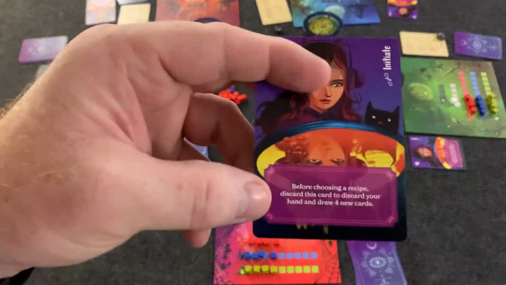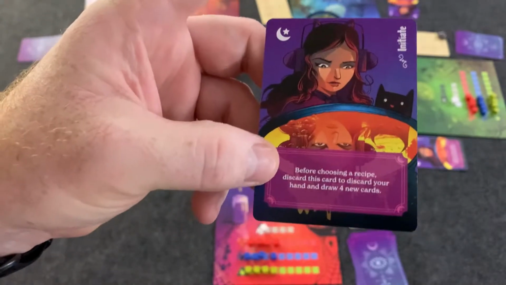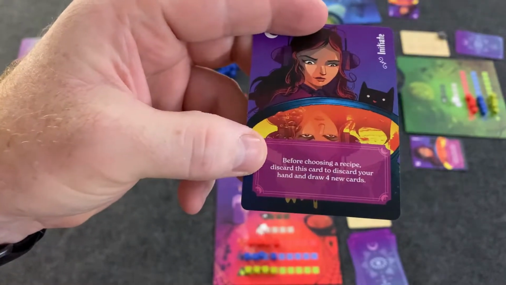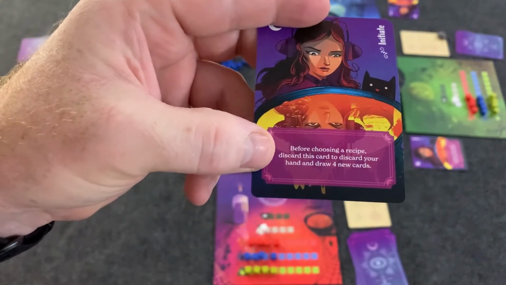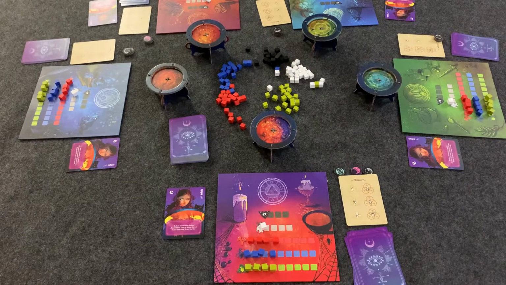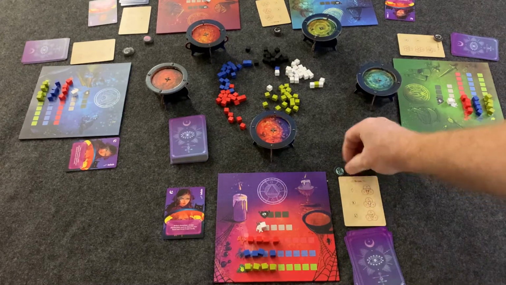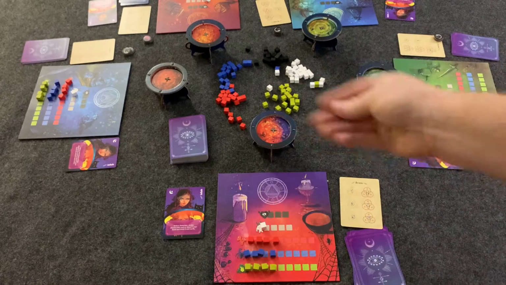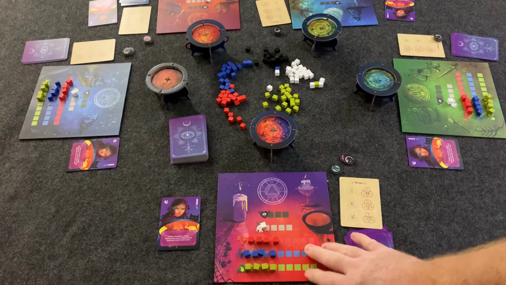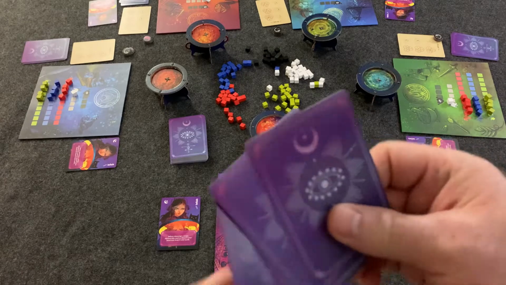Now with these personas, like I said, they all have abilities that you get when you're playing the game. This one here says, before choosing a recipe, discard this card to discard your hand and draw 4 new cards. So every player starting out is going to get that ability. You'll also get one of each of the arcana tokens, and with those starting resources, you place those out on your board. Now, each player will also start with 4 cards,